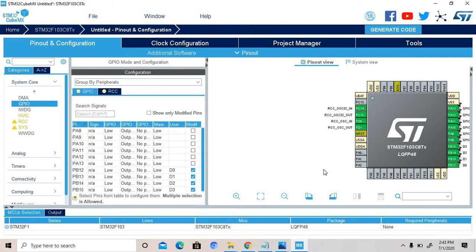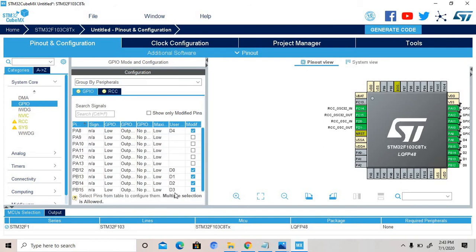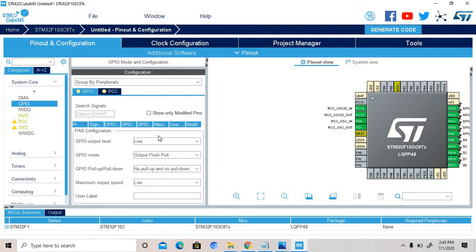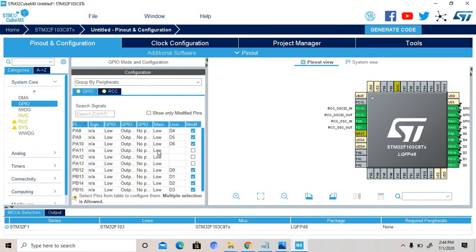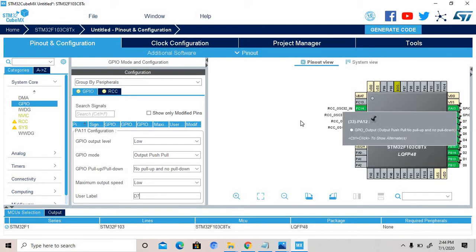Okay, after that PA8 is D4. I think some error is there. No, D5, D6, and this is D7. Okay, after that PA12 and PA13.